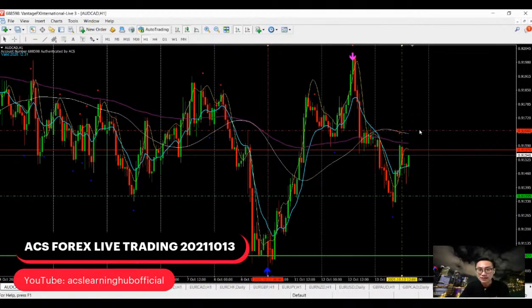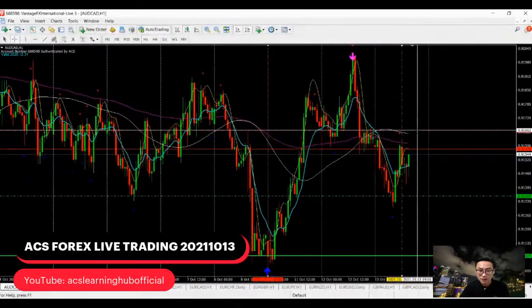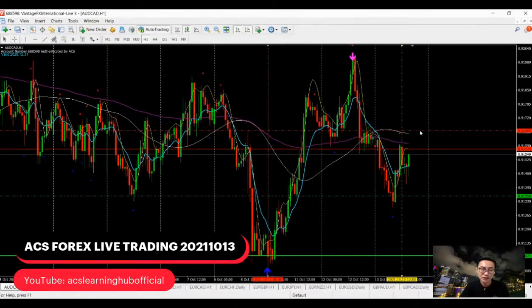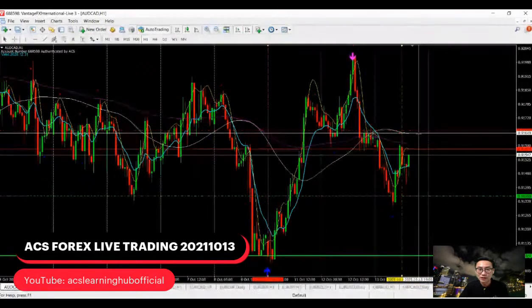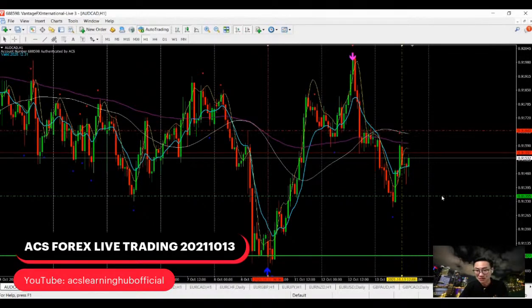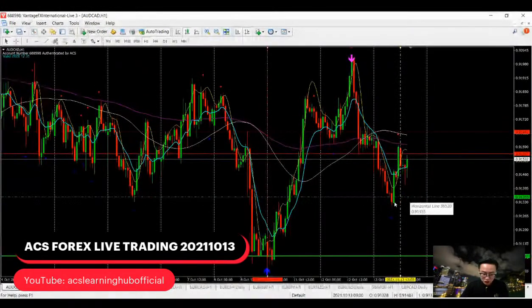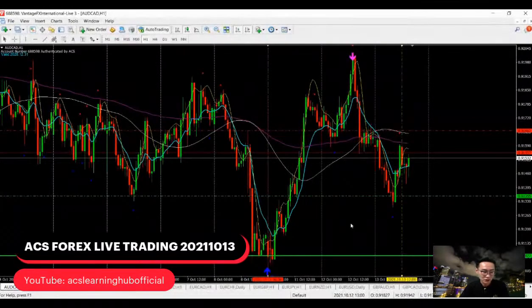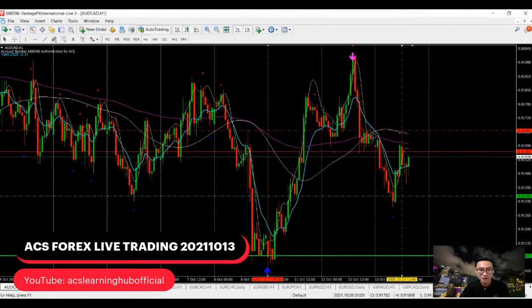So if you are selling to short, you must sell at the resistance so that you have enough space before the support comes. So you have enough space to decide how many pips you are going to collect. This is very important. All right, so my English section is over. So I will just go into Mandarin.